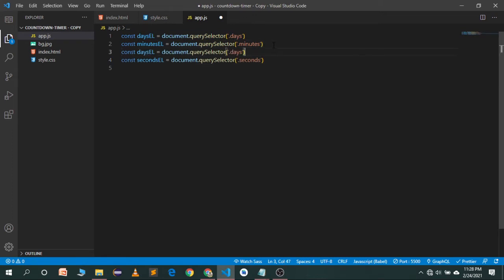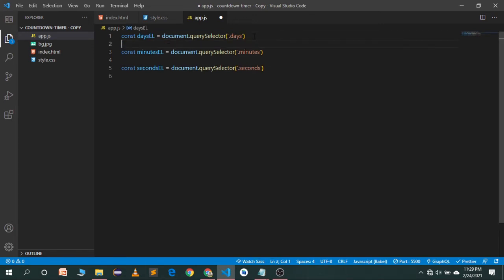We can also import it in a different way, but I want to do it in a simple way, that's why I'm following this technique. So I think we have to import hours. So under the days we will import hours.